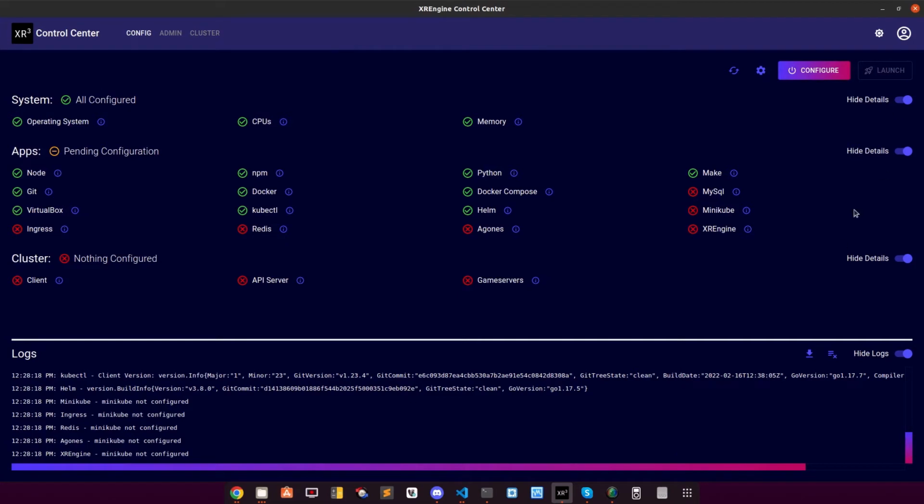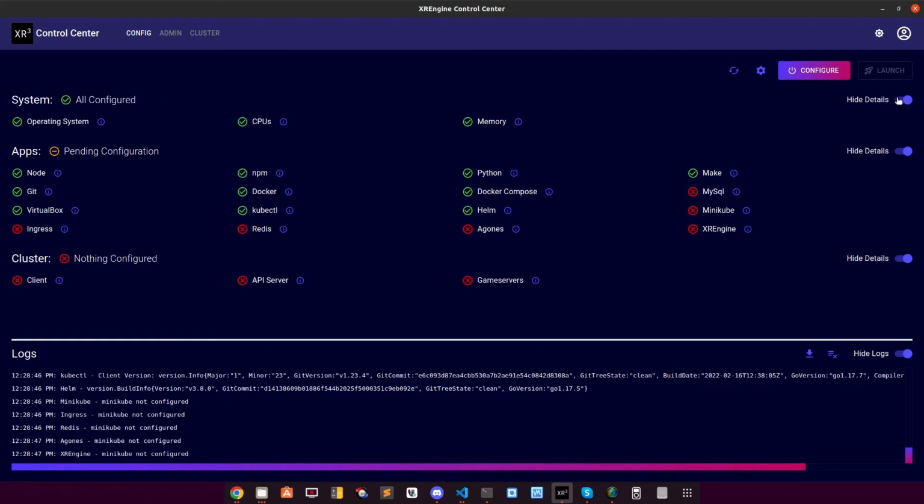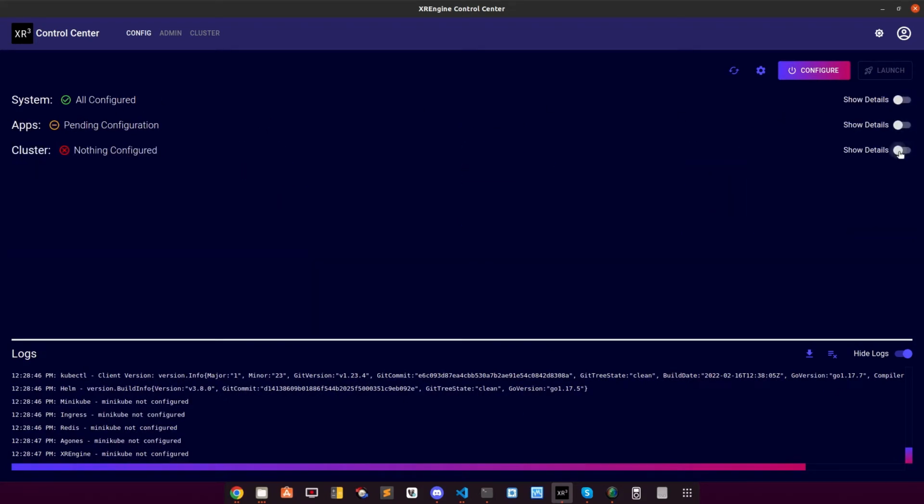So this is the main interface of the app, and on the top you have the app bar, which provides access to different sections that I'm going to talk about later. And then we have the buttons. The first button is responsible for refreshing the current status of the different components that are required to run this XR engine in the local Minikube or Kubernetes cluster. If I refresh it, it will just recheck everything, and we can also collapse and expand different